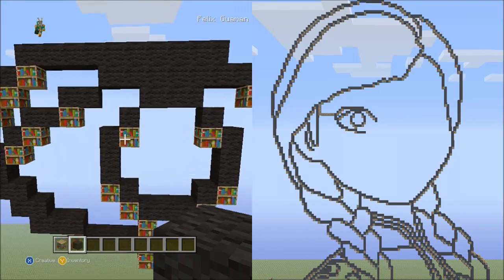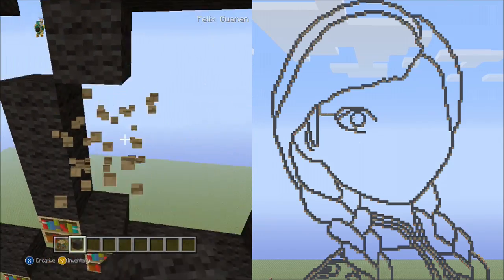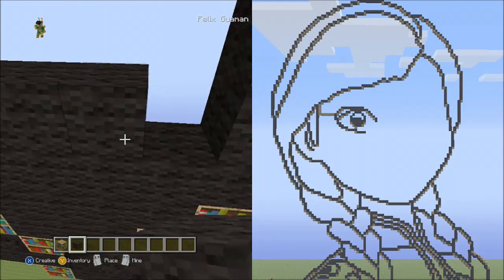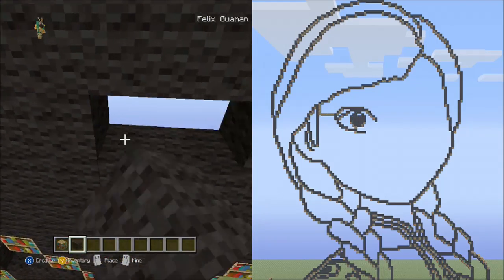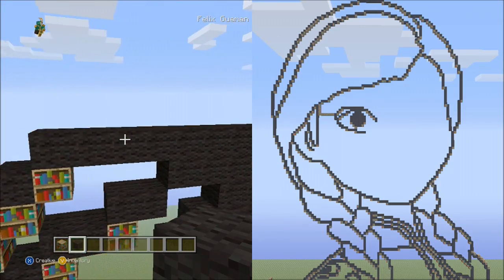Okay. Now, just these 2, alright? I just want you to delete just these 2 placement blocks, and you can go ahead and fill in her eye here with black wool. Like this. And now I want you to fly back up here to where we had the 10 blocks going